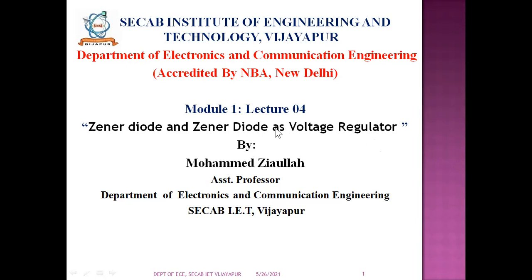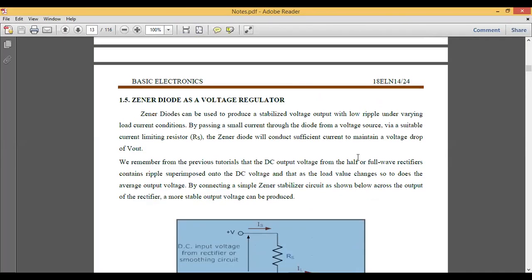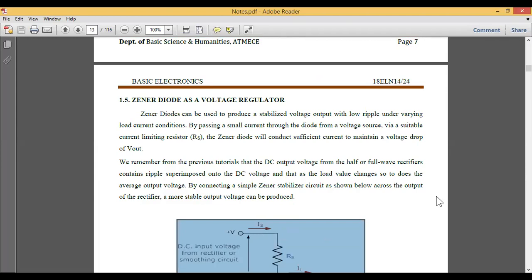So once you look at the Zener diode, basically it is used for the stabilization of the output voltage, with low ripples under varying load conditions or varying load current conditions. The difference is, normally what actually happens is whenever we apply voltage,